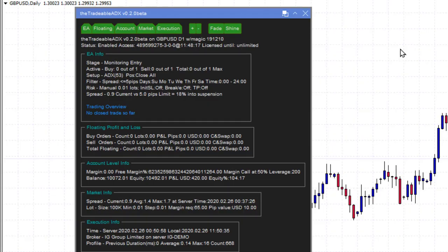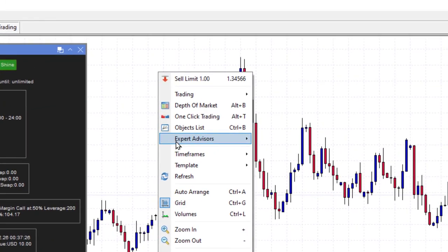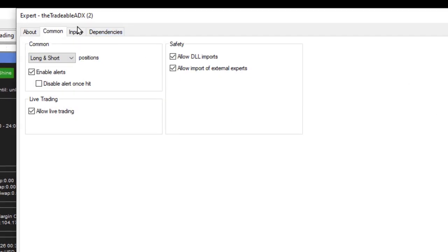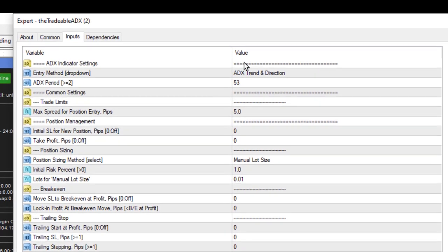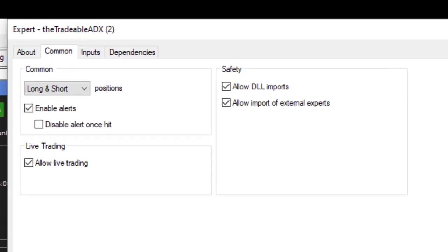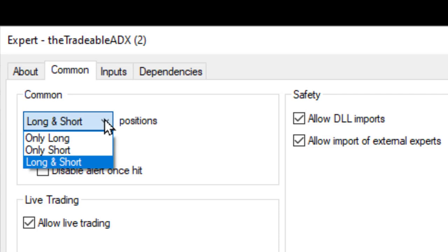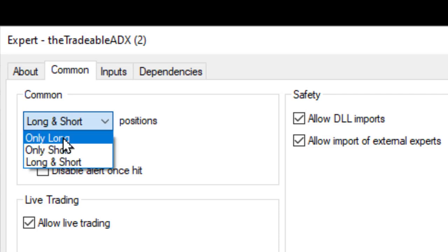Now on your screen you can see an EA that's been loaded. It's the tradable ADX EA, and all I'm going to do is go into the properties. Now the first thing that people do is they go to the input section and they start completing the input section, but they very seldom notice there's a comment tab, and on the comment tab you can do all kinds of things, and they very seldom notice this drop down menu which says, do you want to only trade long